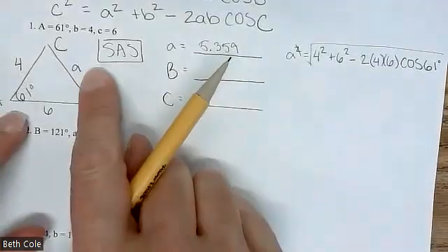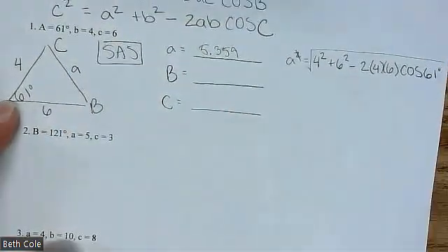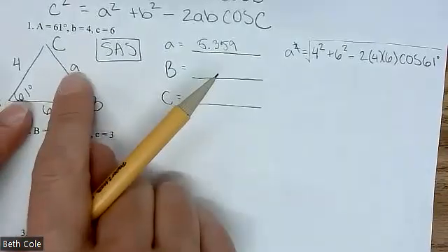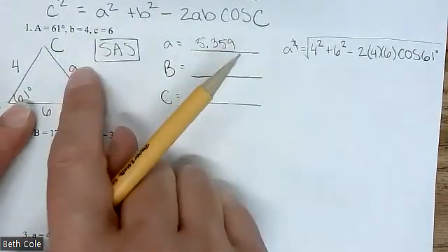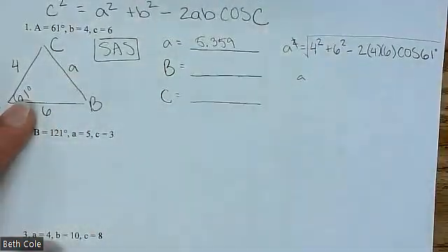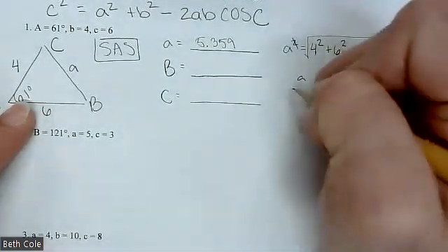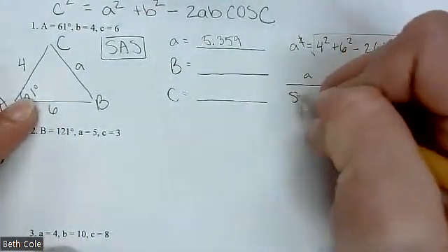So now we have a side across from an angle. And so that's what we're going to use is law of sines now, so we don't have to do this whole long thing again. So you can either write 5.359, or you can just write the letter A, whatever is your preference. But no matter what you write, when you type it in the calculator, use your stored value, okay? So it'll be that over sine of 61